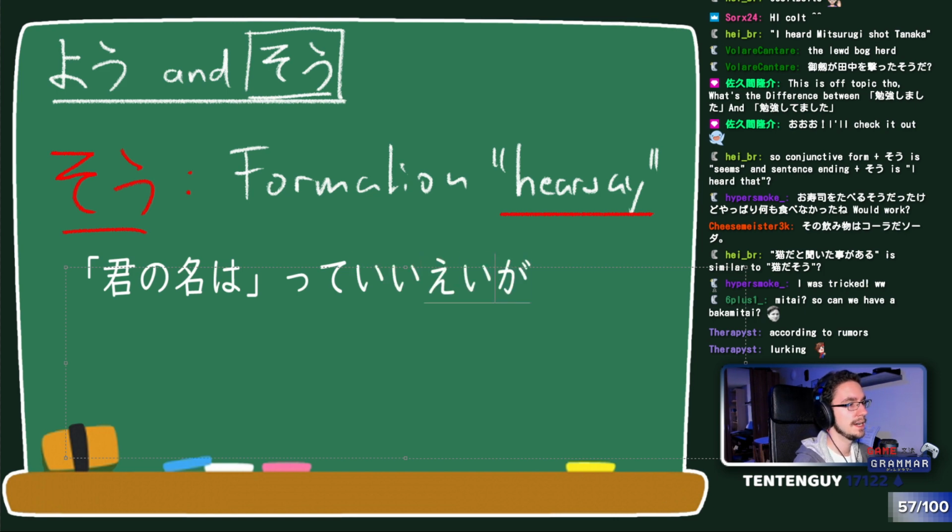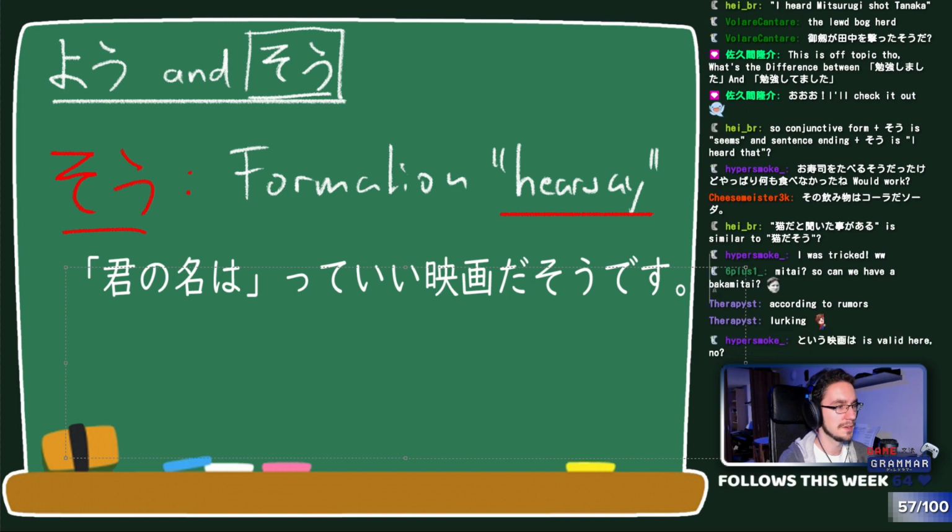いい映画。だそうです。Why? だそうです。I had so in there for auto completion. 君の名はという映画 is valid here. Yeah, you could do that. It's basically the same, but you would have 映画 twice. So 君の名はという映画はいい映画. It seems a little bit pleonastic, like you're saying 映画 twice, so close in succession. So it's almost not really required, but